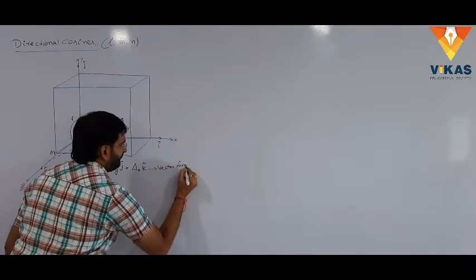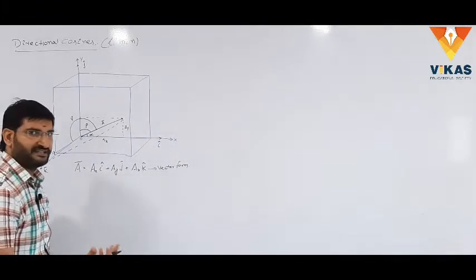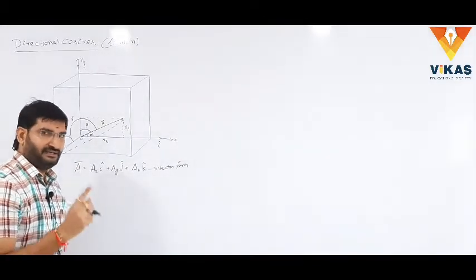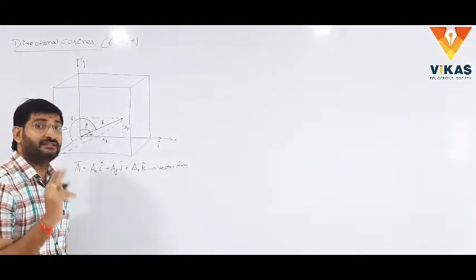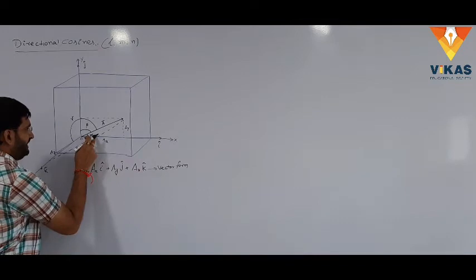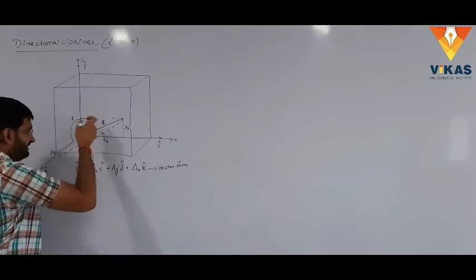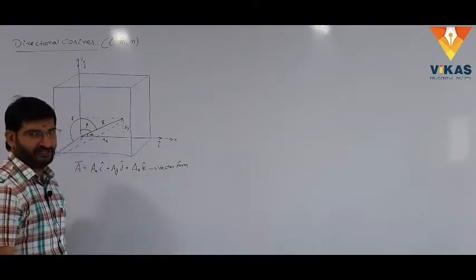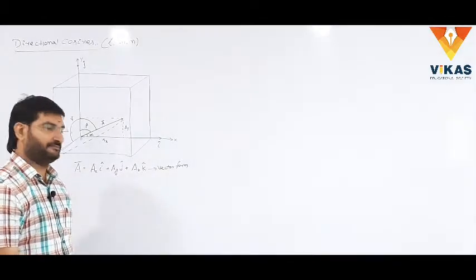Vector form. Generally, a vector has magnitude and direction. Suppose we consider a two-dimensional vector, two directions are there: one is the direction with the x-axis, one more is the direction with the y-axis. But here it is a three-dimensional vector. That's why it has three directions: the direction of the vector with the x-axis, with the y-axis, and with the z-axis. These directions are alpha, beta and gamma.